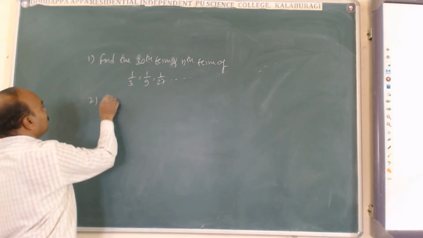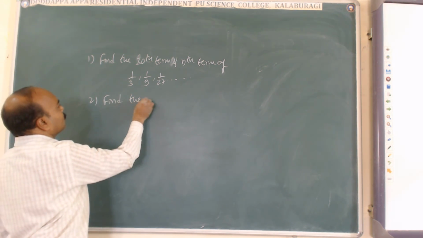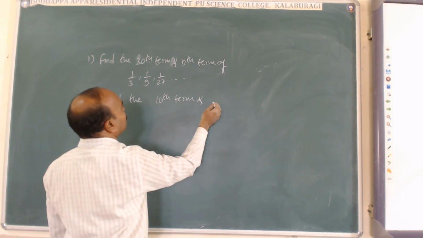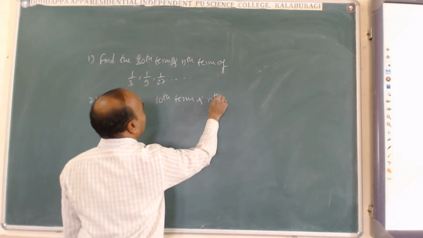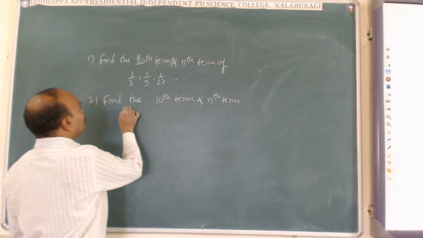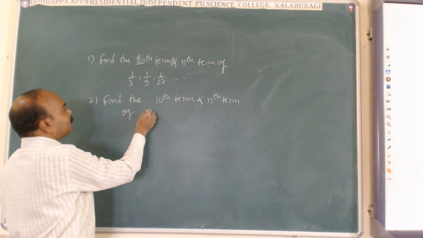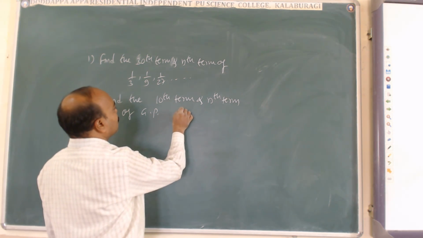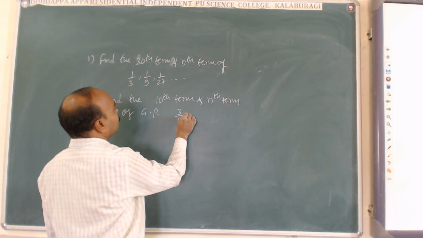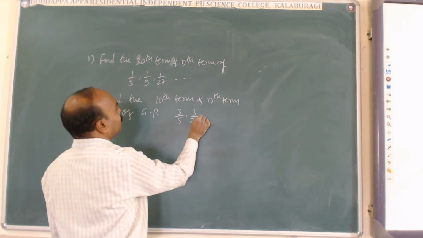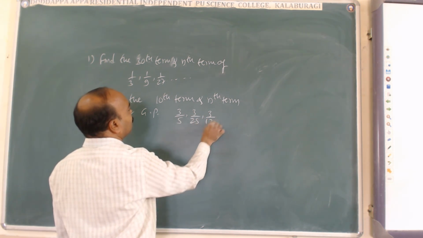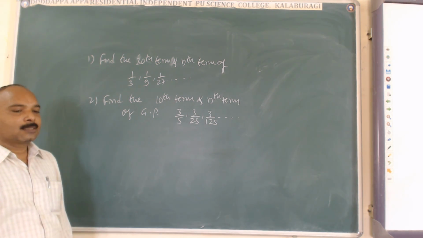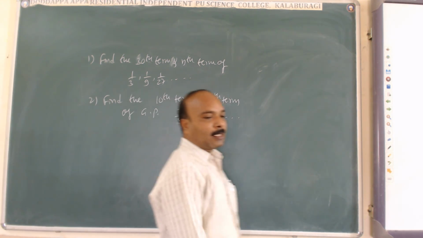Second one, find the 10th term and nth term of the GP 3 by 5, 3 by 25, 3 by 125 and so on. So these two examples you try. In the next class we go for some